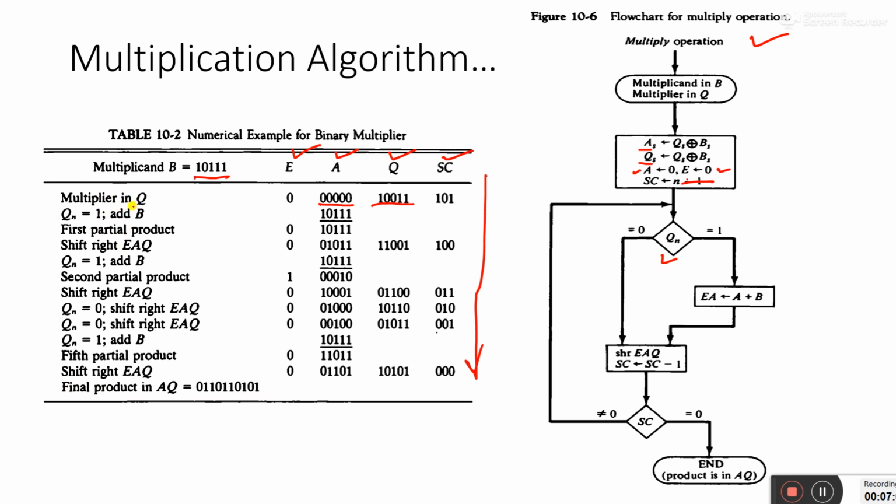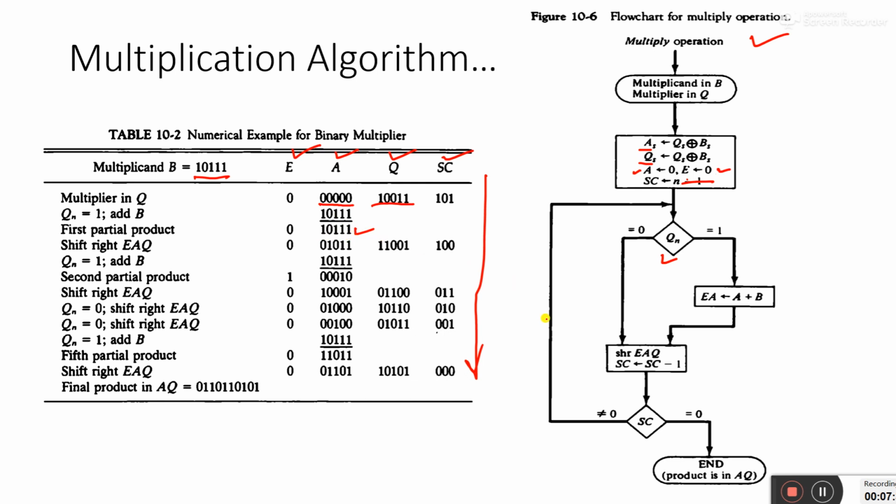Okay, so when my multiplier bit is 0, what is the value of Qn? Qn is 1. So when Qn is 1, what will it do? It will add A and B. So B has 1011, so I have just added 1011. So it is just added here, and this is my partial product. This is not the whole product, this is not the answer. So I got this number here.